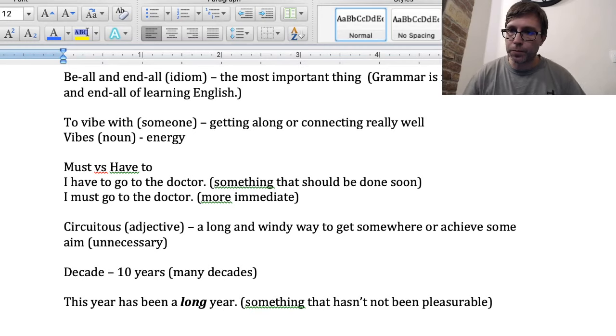Let's see. Sleepo says, Wes, why are some adjectives we can see both ways of forming comparatives, for example, ruder and more rude? Which one is correct? That's a good question when you talk about comparatives and superlatives. The general rule is if you're talking about a short one-syllable word like rude, then you're going to use the ER. Like, this person is ruder than my boss. So in this case, I would say ruder. You're going to use the ER.